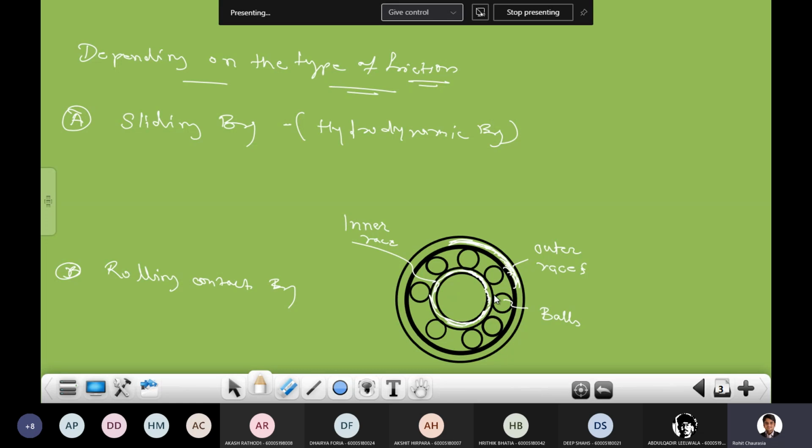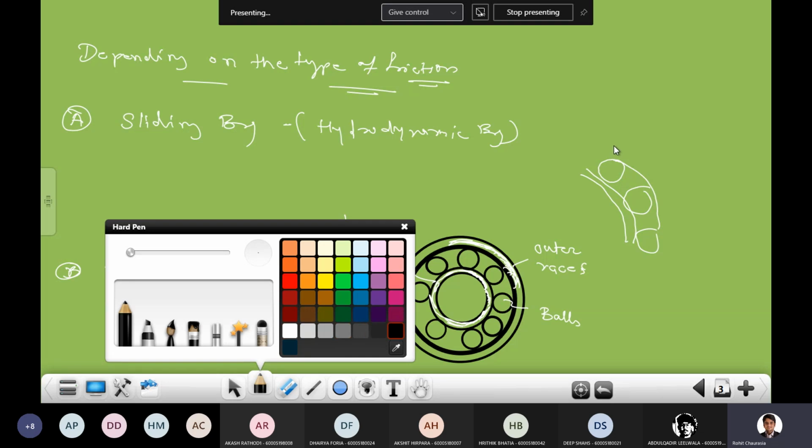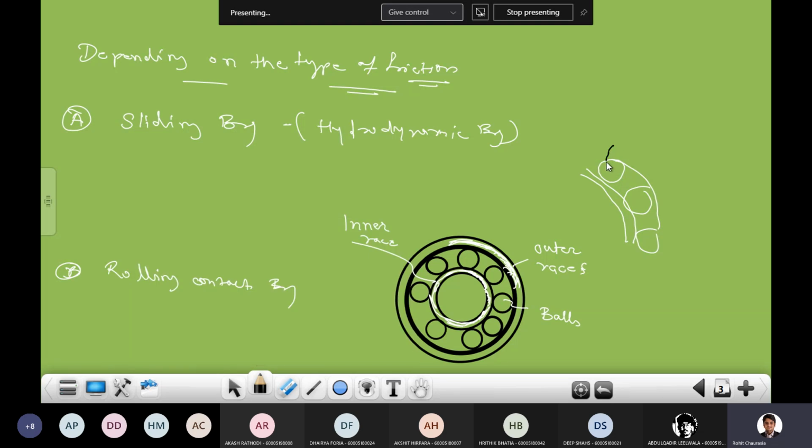And if you are talking about holding this ball, ये क्या होने वाला है जी, मैंने बॉल को ऐसे ये दोनों के बीच में रख दिया तो क्या होएगा, when this one ring is going to be rotated, one race is going to be rotated, तो सब बॉल एक ही साइड आके रुक जाएगा। So to hold this ball we need a cage। तो cage कैसा रहता है, I'm just trying to make the cage outside। So this is nothing but a thin plate having circular holes। So क्या होता है, this ball is going to be fit in this race। ये जो मेरा केज है इसके अंदर ऐसा बॉल फिट है